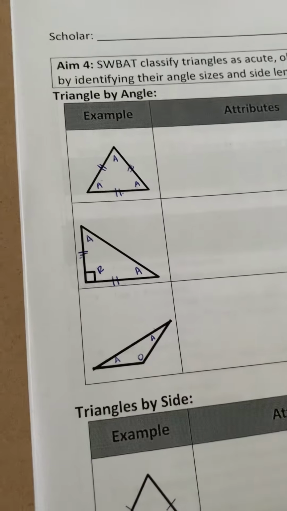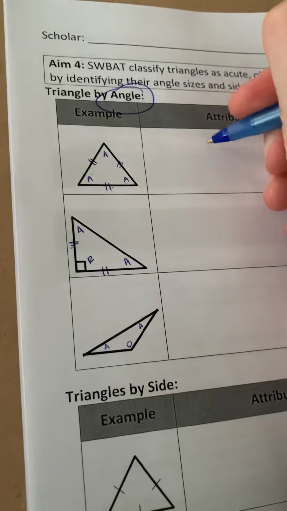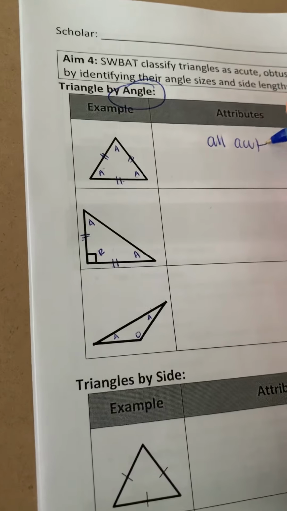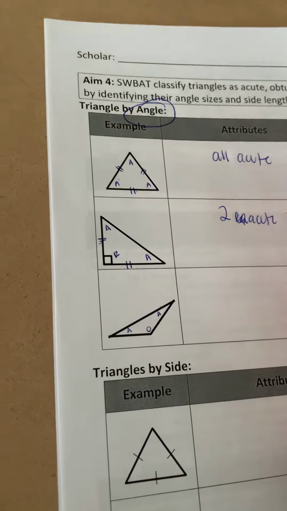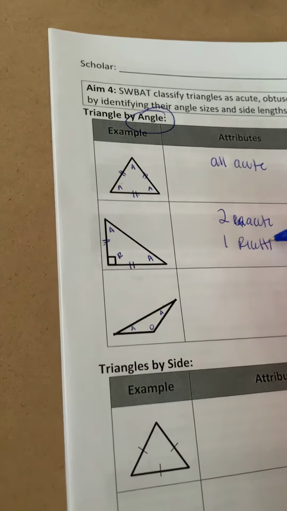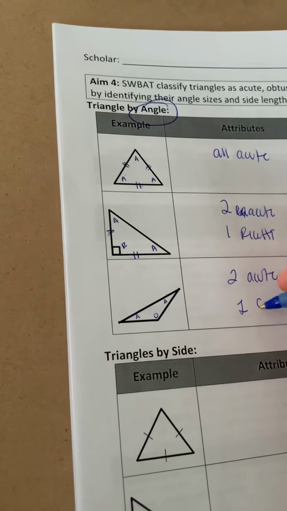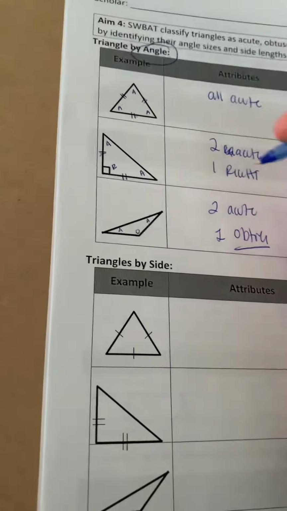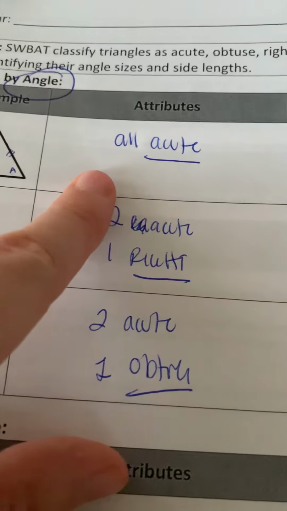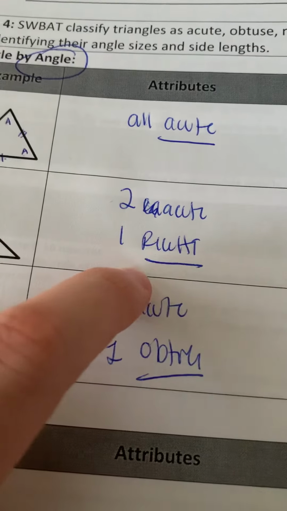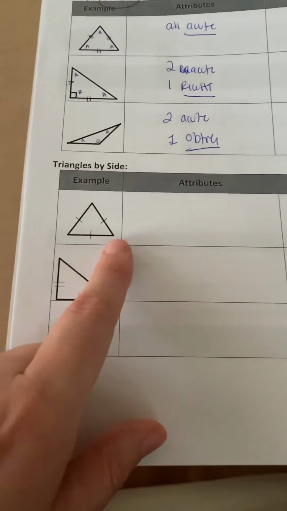What kids need to understand is triangle by angle attributes: all acute, two acute and one right, two acute and one obtuse. Being able to recognize the characteristics of an acute triangle is all acute, characteristics of a right triangle is one right, characteristics of an obtuse triangle is one obtuse, and then moving down to